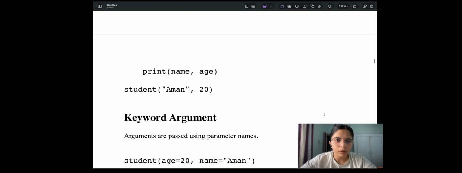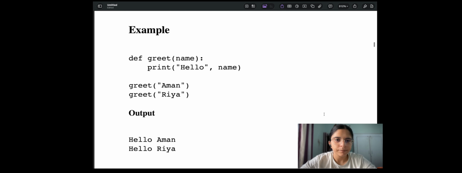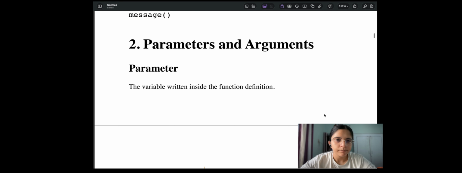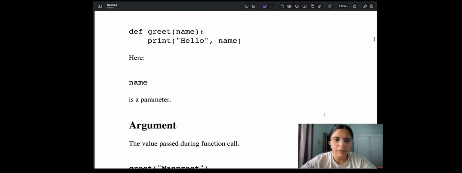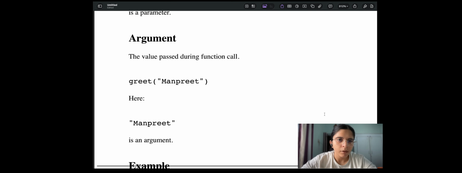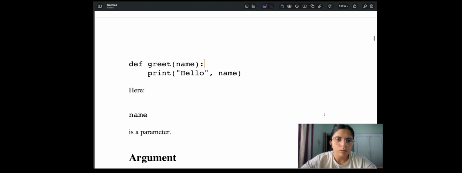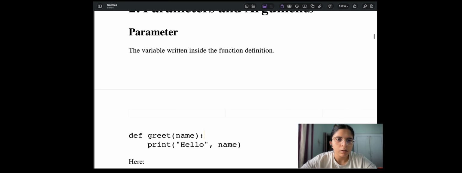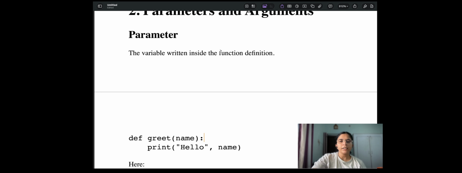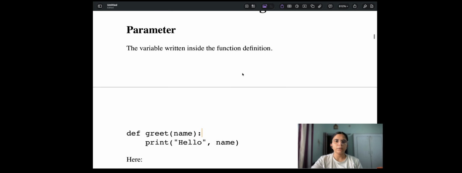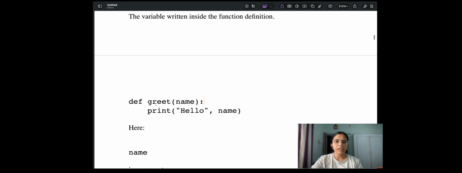Now we are going to discuss parameters and arguments. The variable written inside the function definition is known as a parameter. def greet name, print hello name.